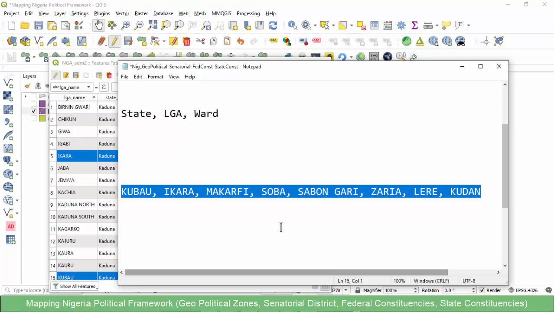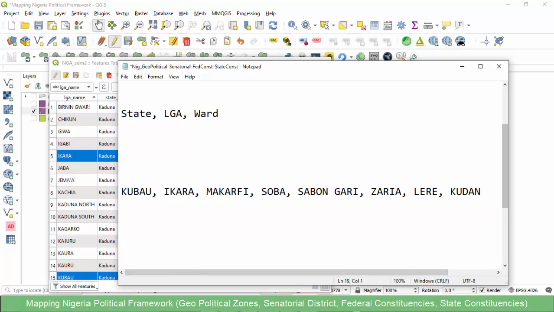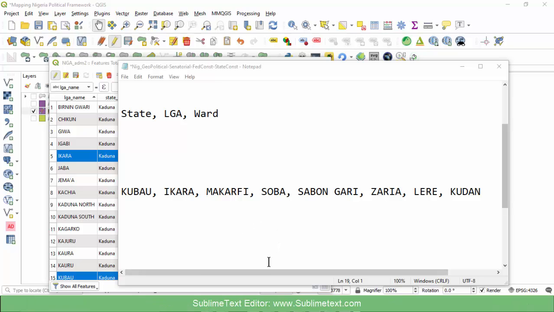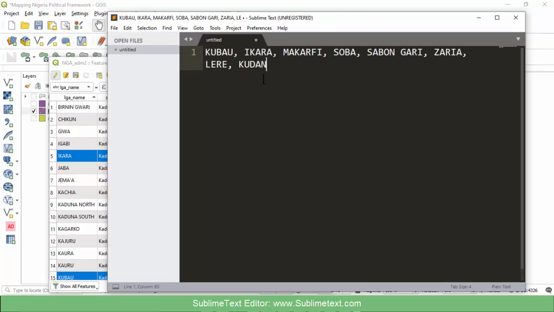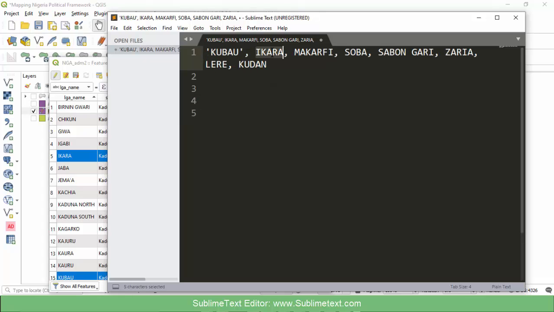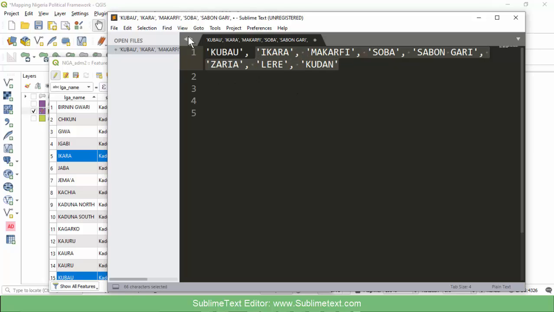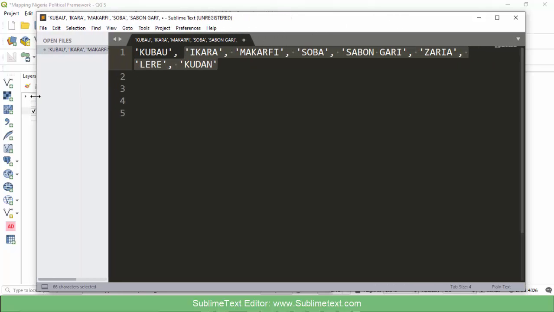So this time around, I'm going to use a text editor to make my work faster. So I'll just switch to Sublime Text Editor. It is free too. You can download it free of charge online. So I'll switch to the text editor and then wrap each of these strings in quotes. So here in Sublime Editor, I paste the list of LGAs and then I'll just select each name of local government and then click on the quote button on my keyboard. So you can see with this, at least it makes the work faster instead of doing it in a notepad